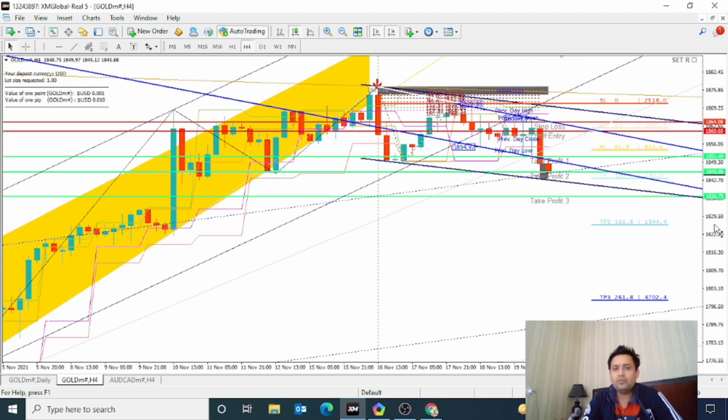For example, if you are a beginner and you don't know where is the exact point of the sell entry, where is the exact point of the buy entry, you can easily utilize this software, and you just follow the indication of the system and can do trade on your own, like a manual trading. This is not an automatic system. Basically this software gives you the prediction of the market, what is happening in the next 30 or 40 minutes.